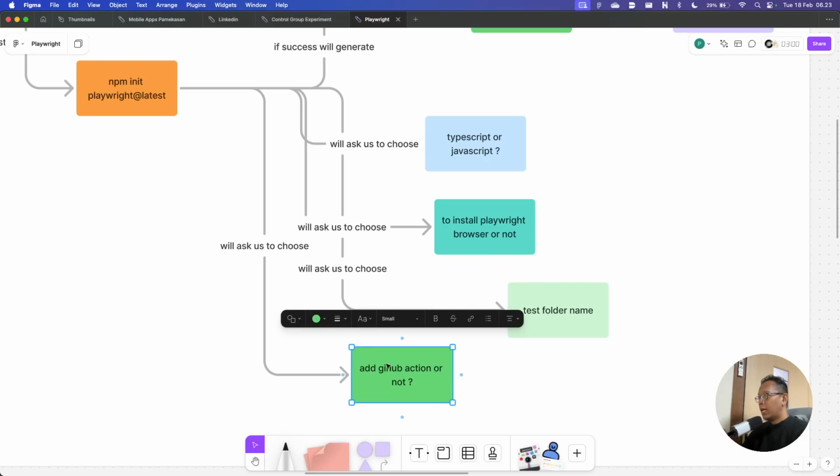And it will ask whether to add GitHub Actions or not. So GitHub Actions is the tool, the configuration on how to run this test in CI.